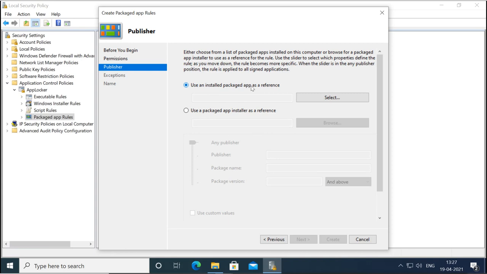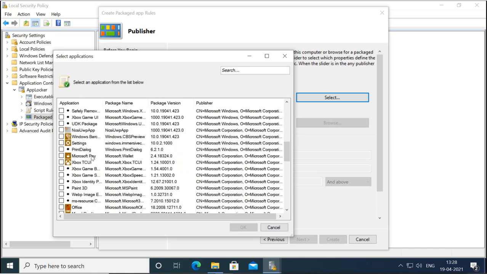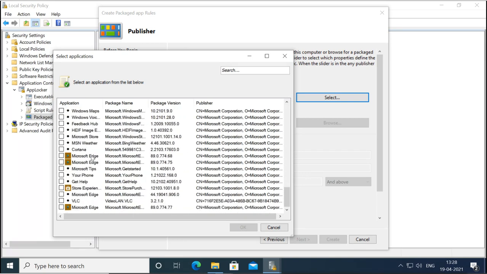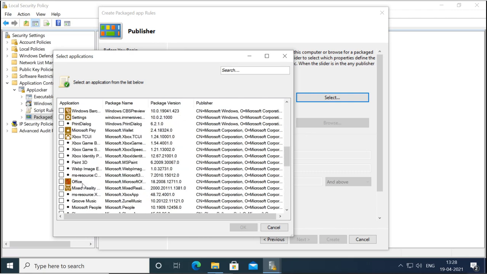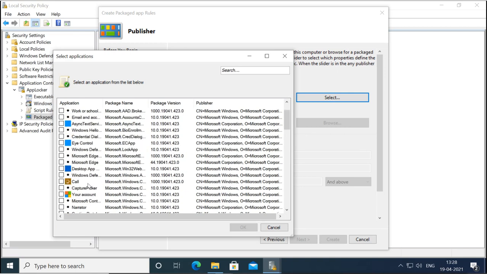Now you have to select the app which you want to block. When you select that, it opens this window where it shows all the packaged apps. You can see these are the packaged apps. So you can choose what you want to block or allow.